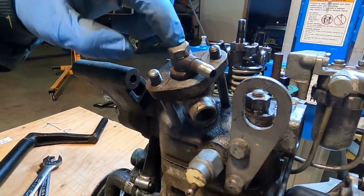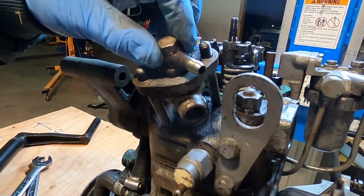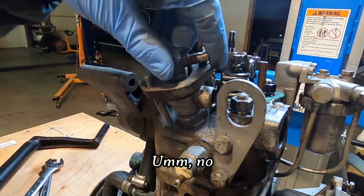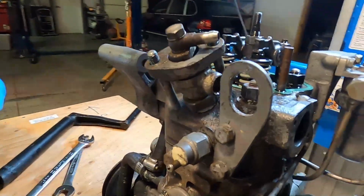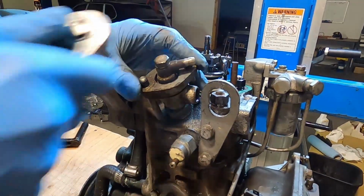All right, so we went to take this top bolt off here to get this off because the compression stroke didn't seem to be pushing it out, but I think it actually did do the trick. This thing seems loose. Yeah, so let's get that banjo bolt off and we'll go from there. Yeah, are we worried about this surface here? Or can I just...